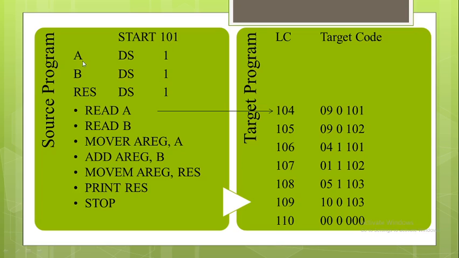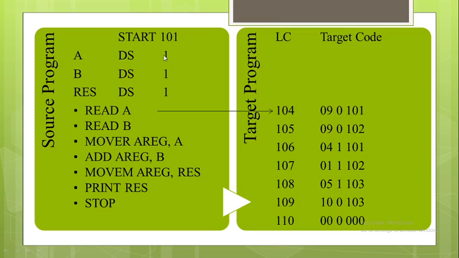The symbol A will get added into the symbol table with the content of the location counter as the address, and that address has the value of 101. Then the location counter is going to be updated by the length of the symbol A. Now in this instruction we have defined A DS 1, which means it requires one word of storage for the symbol A. So the location counter will be incremented by 1.